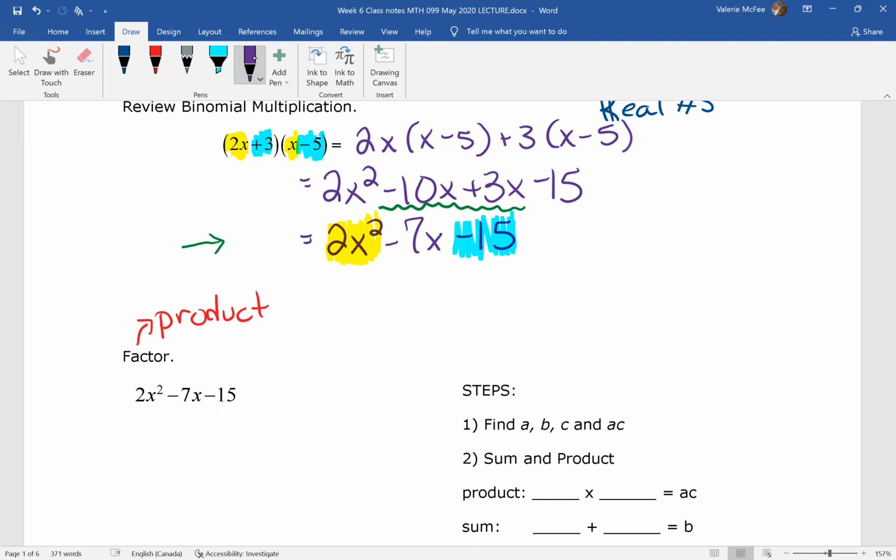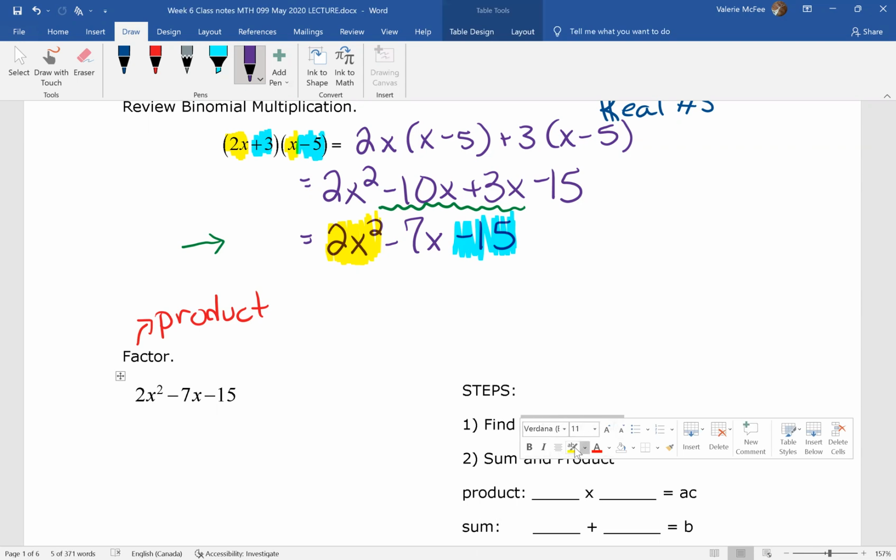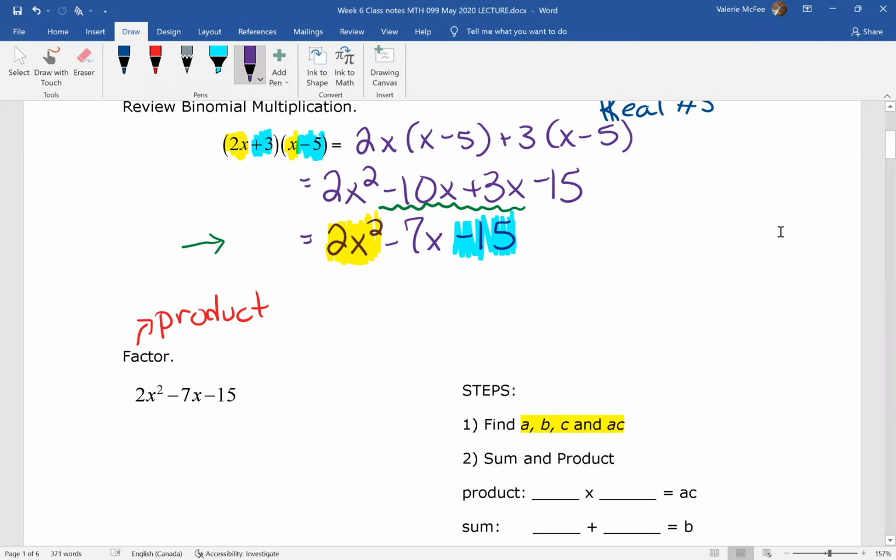So the first thing we want is a, b, c, and a times c. Most often when students come to me because they're having difficulty with factoring, it's because they don't write this step down. So please, while you're learning, write it down. We see here that a equals 2, b equals negative 7, c equals negative